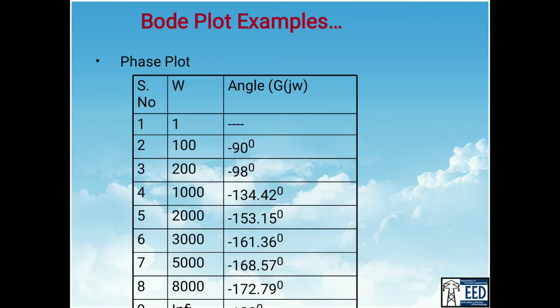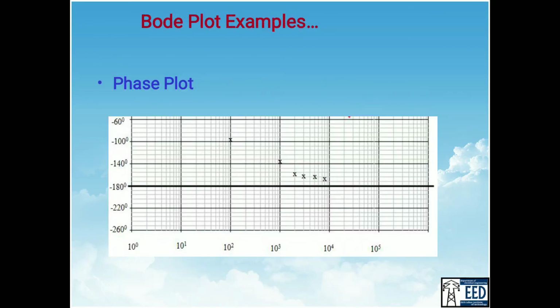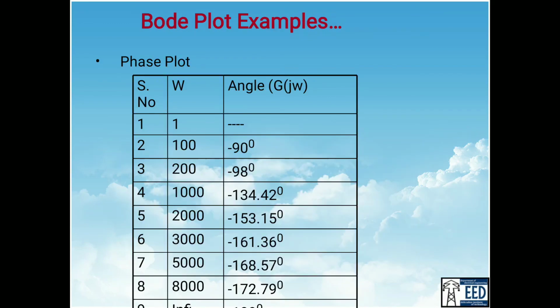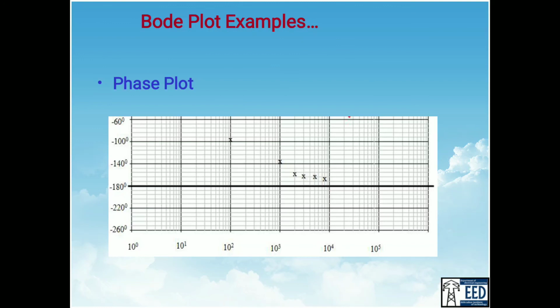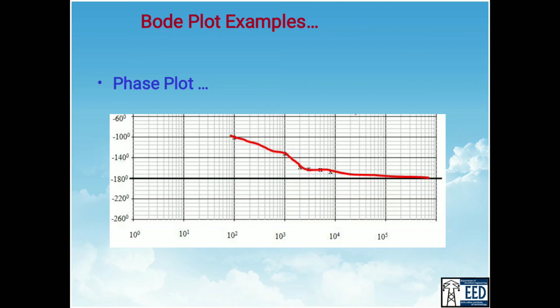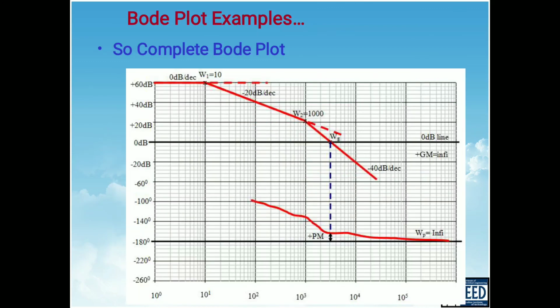The next is the angle plot. For the angle plot we need to consider some values for omega. We should consider omega from 1 to 1000 at least, because we have corner frequencies up to 1000. The angle calculation is from the tan inverse of the imaginary term divided by the real term. If we have 1 plus j omega, it means omega divided by 1. Considering values of omega, we can find the angles easily. So in this way, as in our normal graph, we can draw the phase angle plot. Okay, so this is the phase angle plot of the Bode plot.